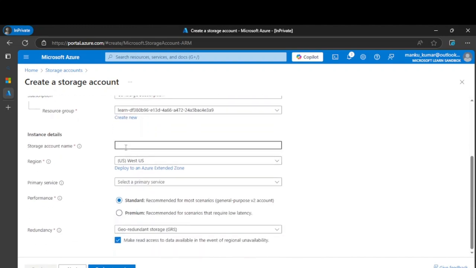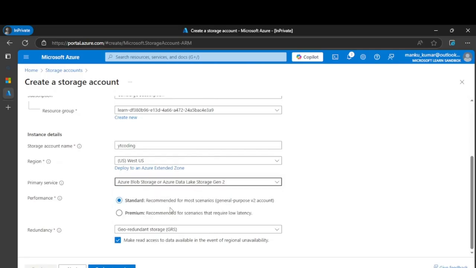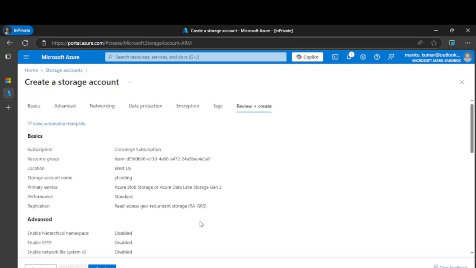Now let's keep YT coding as the storage name, and we will deploy it to West US, that is Azure Blob Storage Gen 2 standard, and review and create. So basically we are creating an ADLS Gen 2 service over here.